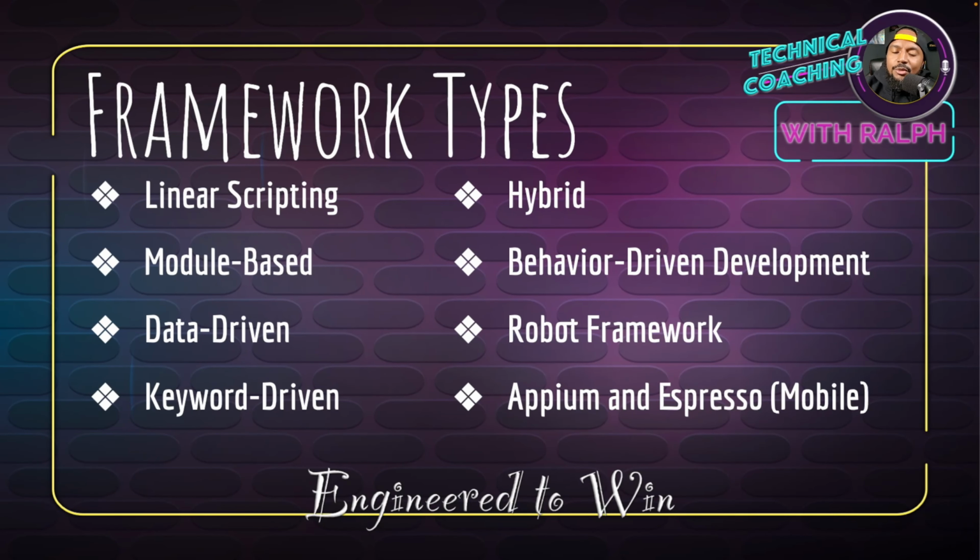So, what are some of the framework types, right? We have linear scripting, module based, data driven, keyword driven, there's hybrid, there's behavior driven, there's robot driven, and then we have Appium or Robot Framework, and then we have Appium and Espresso for mobile, right? We'll probably touch in a separate video specifically on the framework types, but to touch on a few of